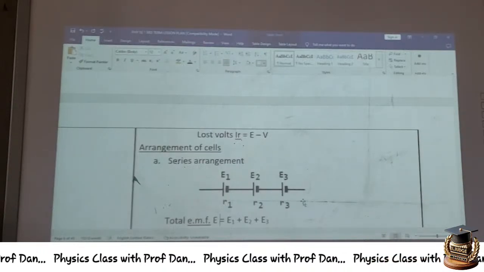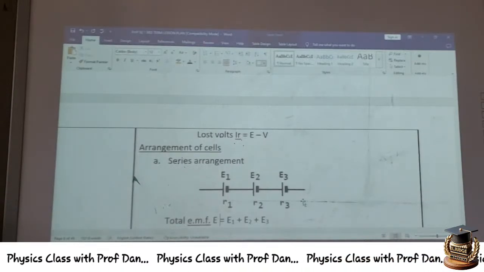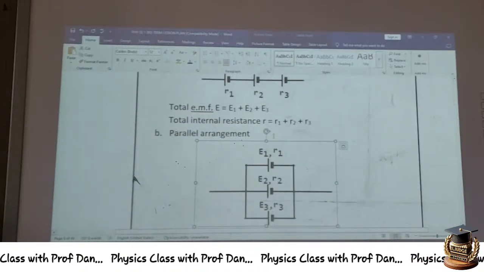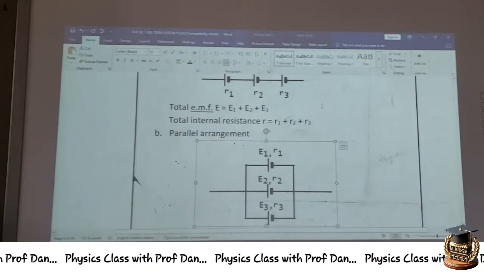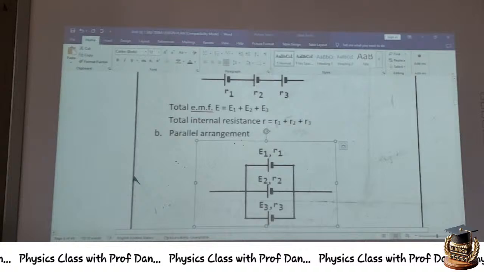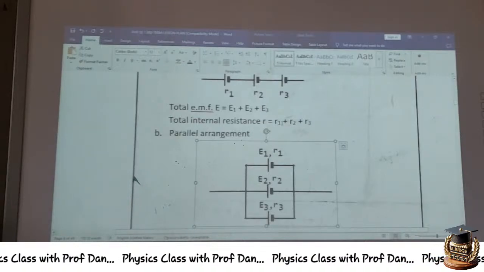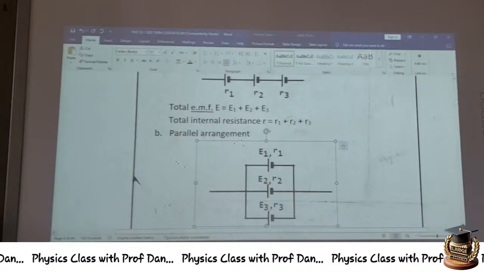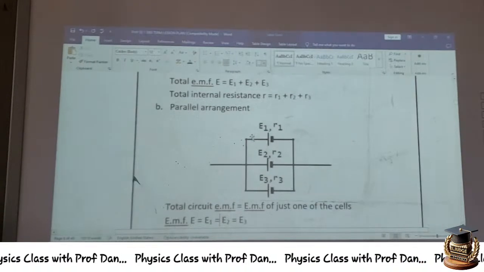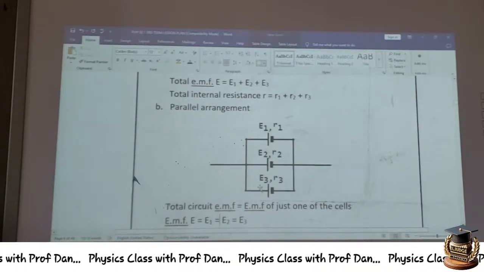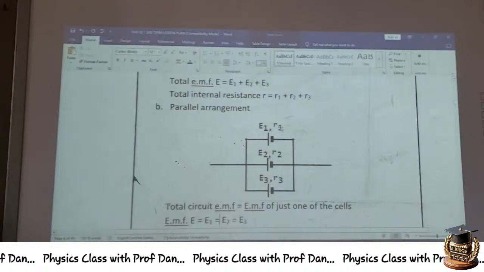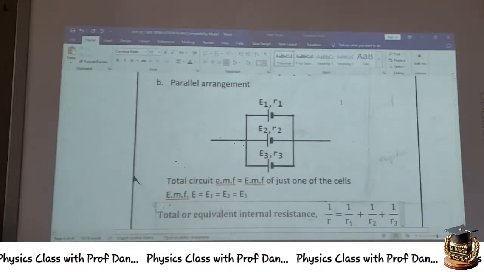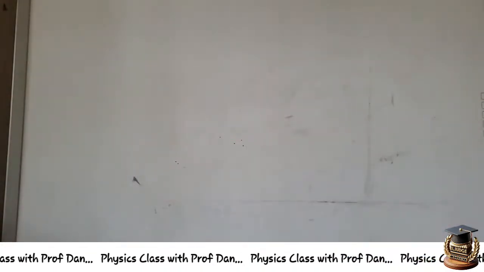If your cells are connected in series, the total EMF will be the addition of all the EMFs of the cells. So you have E1 plus E2 plus E3. Total resistance will be R equals R1 plus R2 plus R3. Then for parallel, if the batteries or cells are connected in parallel, the EMF of the whole thing is,